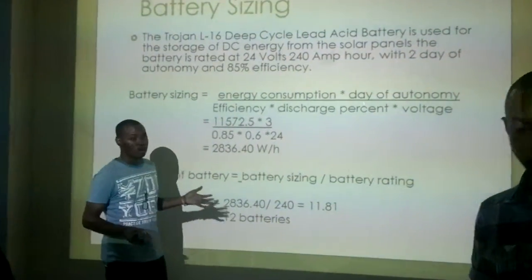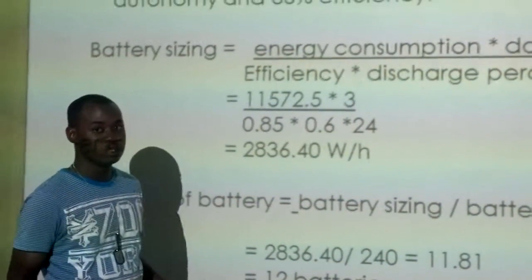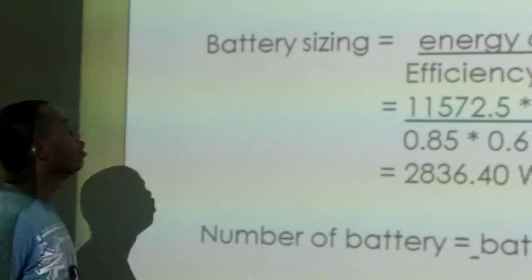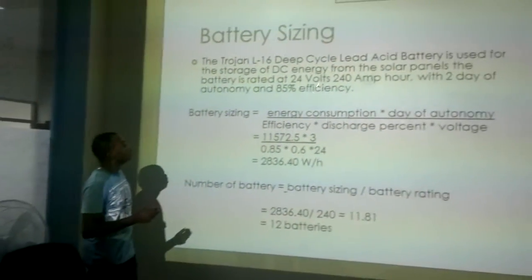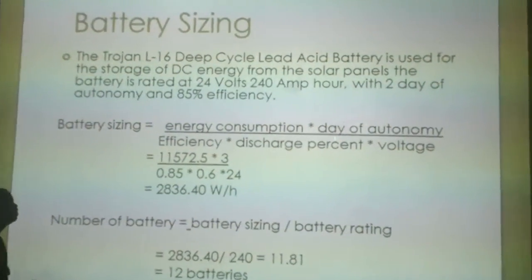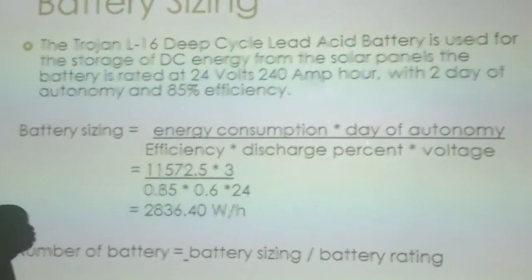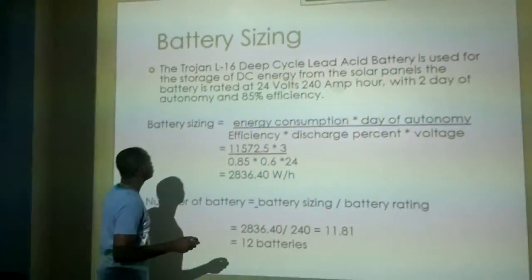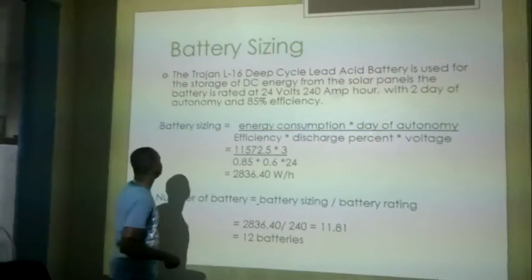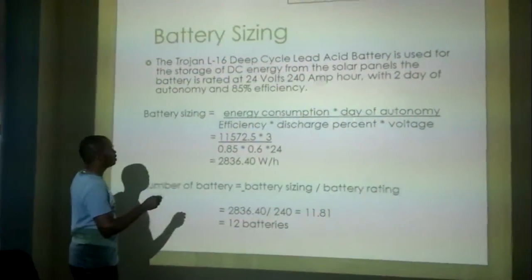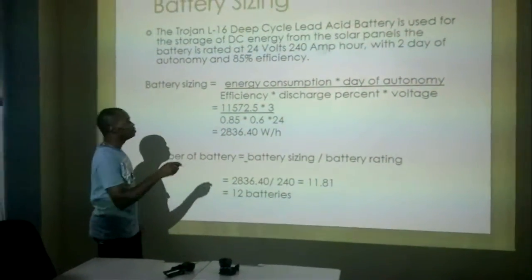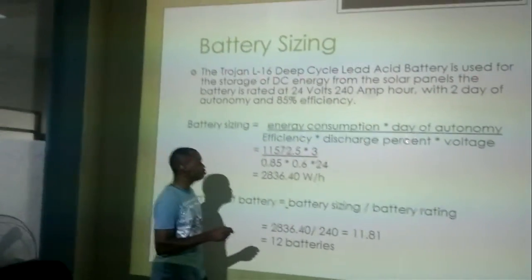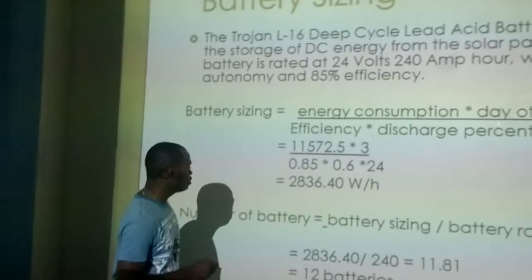Now, after we've captured all of this energy from the sun, where do we put it? It has to be stored in a battery. How do we size our battery? Our Trojan L16 deep cycle battery is used to store DC energy from the solar panels, and the battery is rated at 24 volts, 240 amp hour, with 2 days of autonomy and 85% efficiency. The battery sizing is done by calculating the energy consumption times the days of autonomy, divided by the efficiency times the discharge percent times the voltage. This works out to be a value of